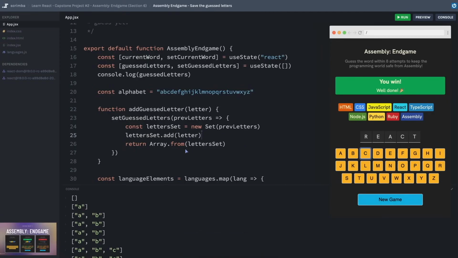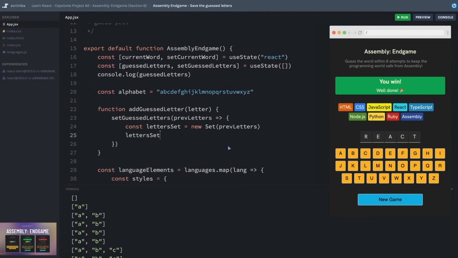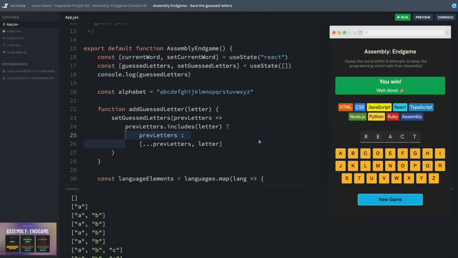Well, I haven't taken the time to figure out why it is re-rendering the component every time I click it, whereas what we had before is not. And so I think I'm actually just going to back up to the other version right here, and we'll just leave it at this. Either solution is completely fine and valid.